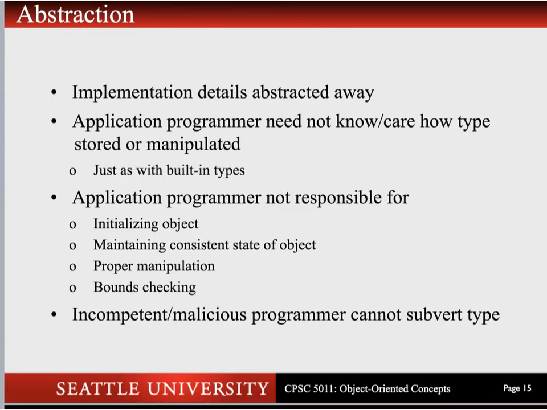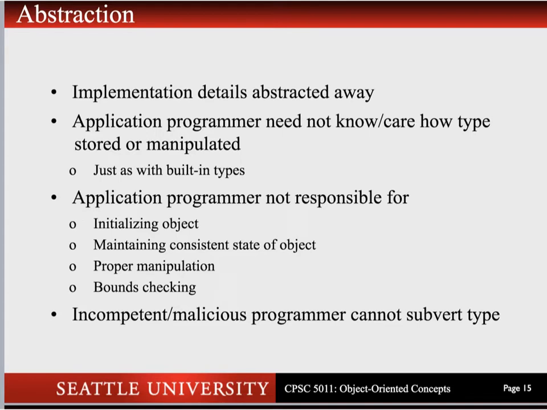In object-oriented programming, the implementation details are abstracted away. What that means is that the application programmer or the client does not need to know or care about how a type is stored or manipulated. This is just as is the case with built-in types, as well as, for example, any of the Java util classes like scanner, random, or stack, anything that you've used previously, where you're really interfacing with the public functionality that is defined